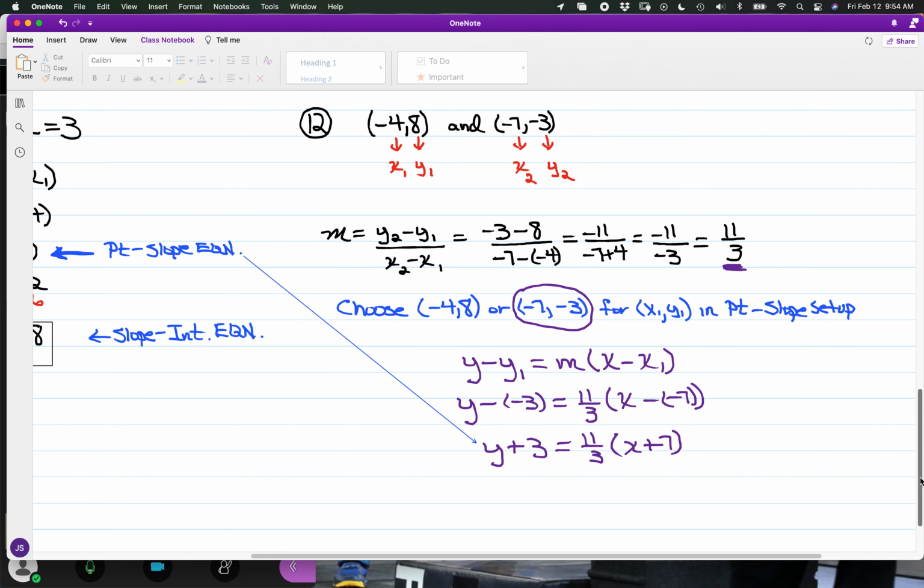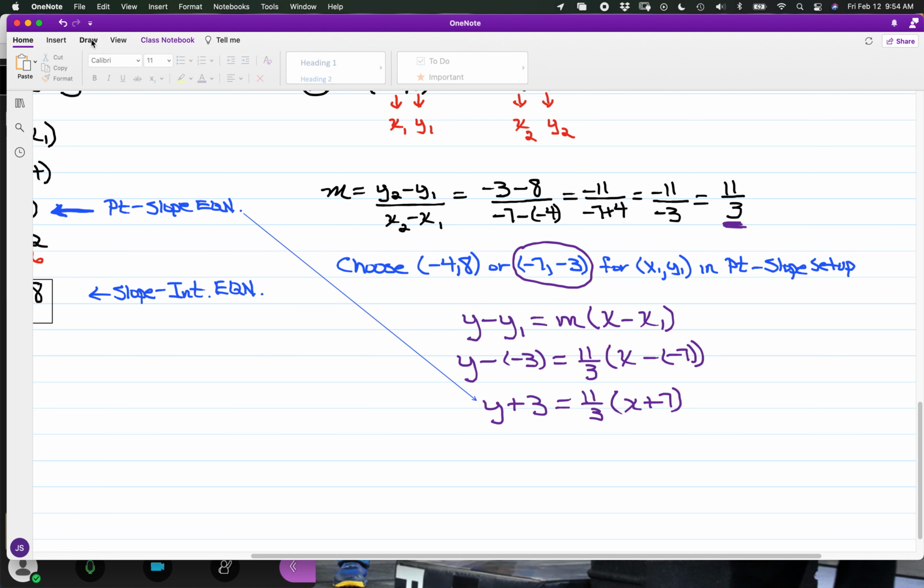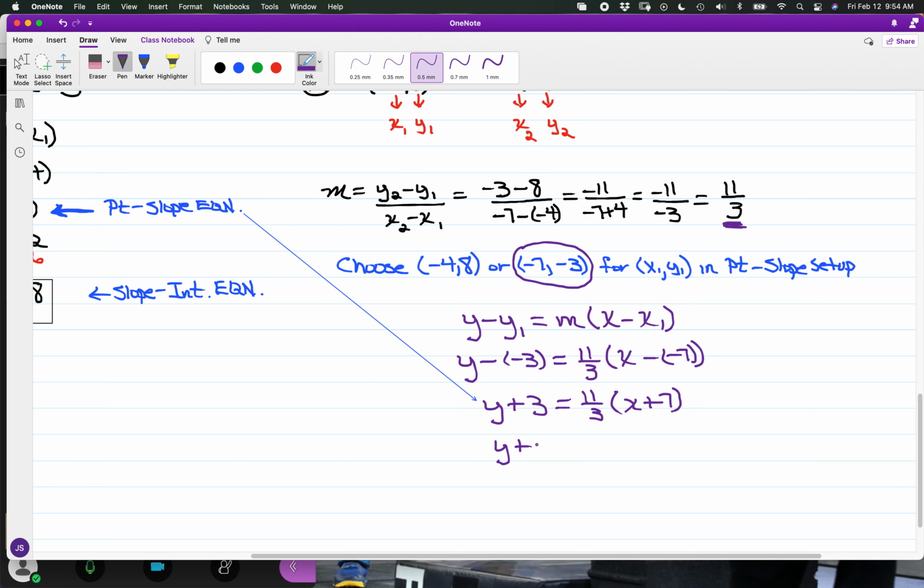And looking for the slope intercept. Okay, so once again, upon distributing, you have y plus 3 is equal to 11/3 of x. And 11/3 times 7, so we're going to have a non-integer value with 77/3. And we have upon isolating y,